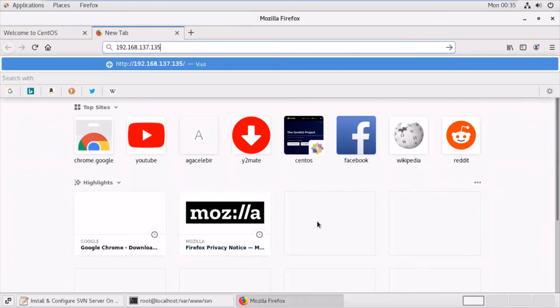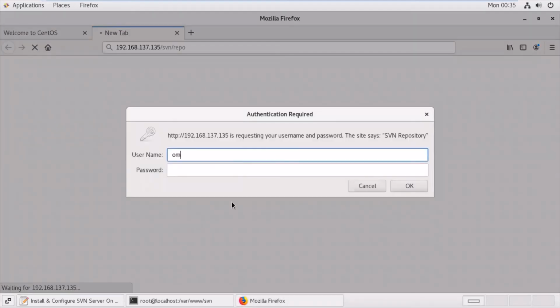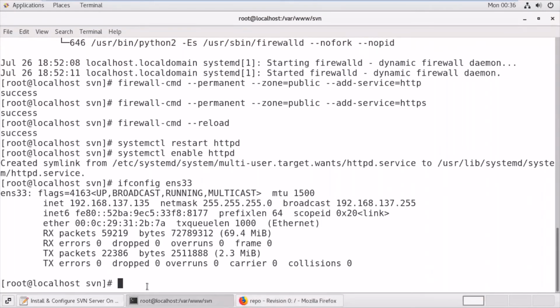And after that we have to give the path of the repository, that is /svn/repo, because by default the IP address will locate to /www. Now after giving the username and password, we can check. We have given the Om user and password. The repository is blank now because I don't have anything in the repository folder.